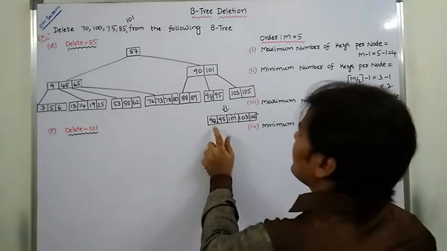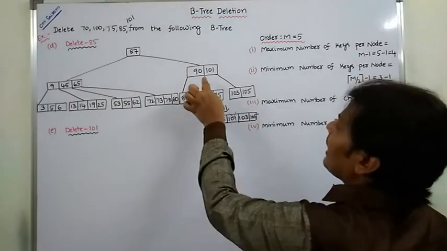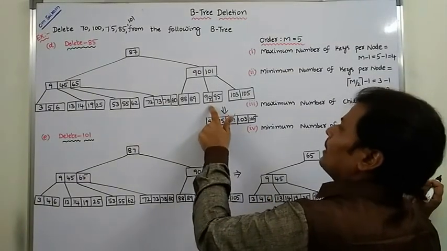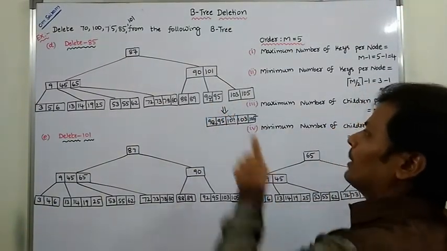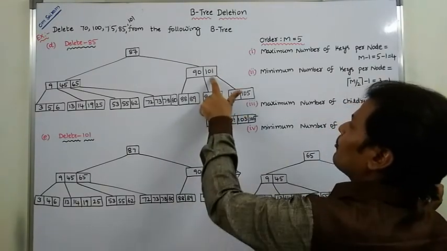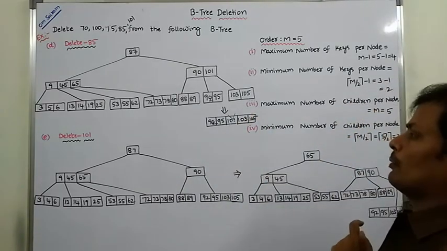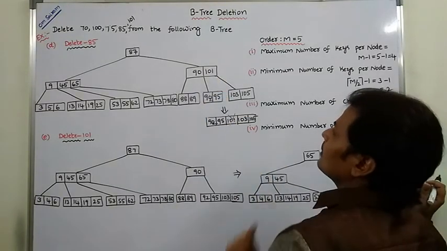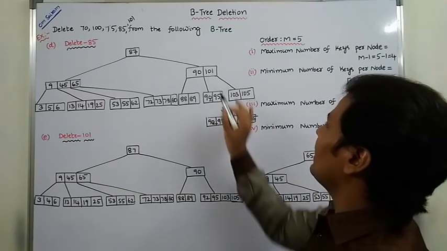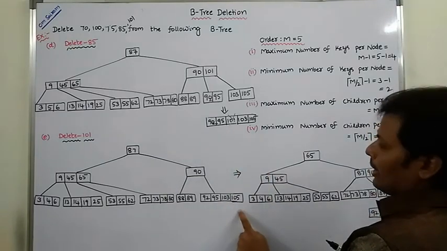So now it becomes 92, 95, 103, 105. So these are the right pointer of 90. Okay, so after merging the left and right subtrees of 101, this is what we are getting: 92, 95, 101, 103, 105. Now we have to delete 101. After deleting 101, 90 is there. 90 left is 88, 89, and 90 right is this node 92, 95, 103, 105.